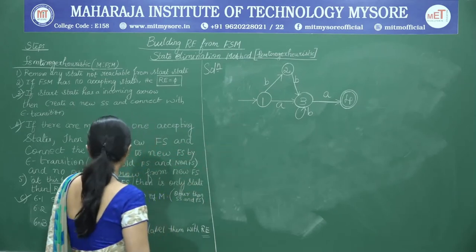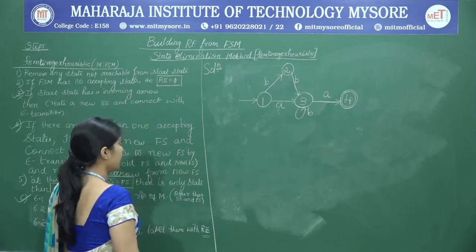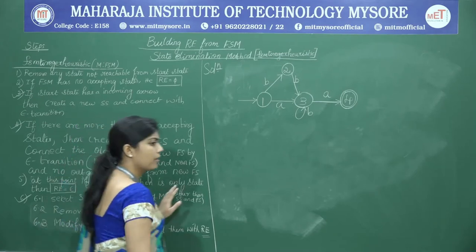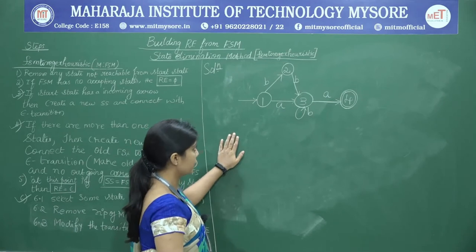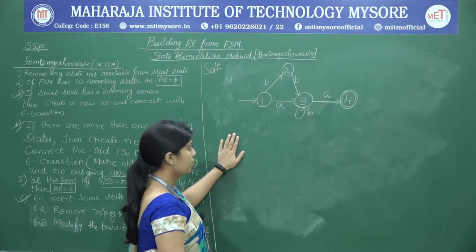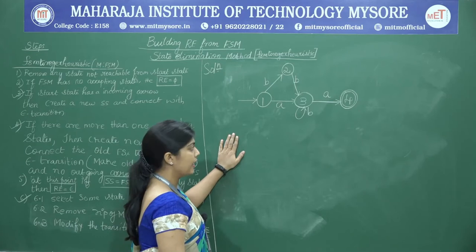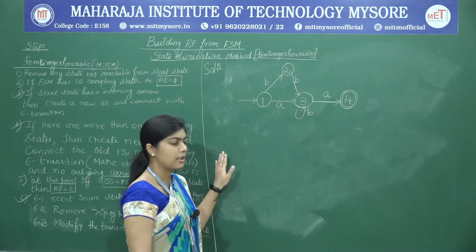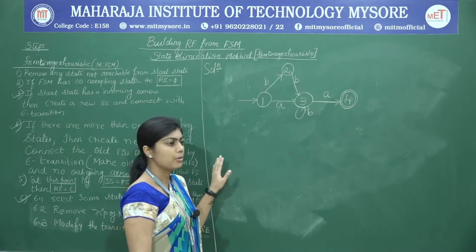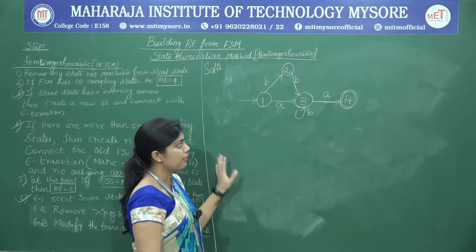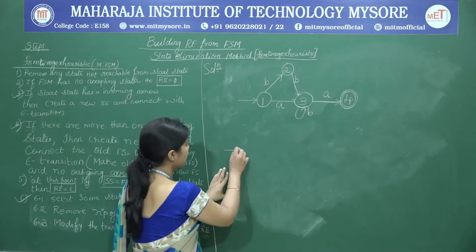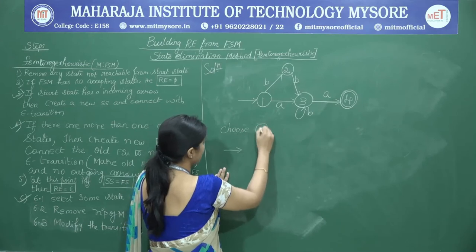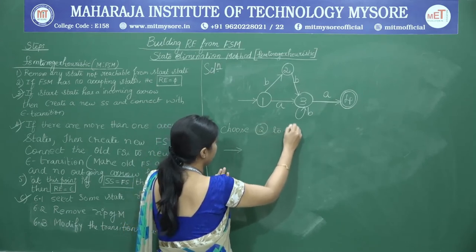Now we directly move to selecting some state each time for elimination and renaming the transitions with the regular expressions for the same. The choice of removing the states is anything except the start state and the final state. Finally, after eliminating all the states, we should be left only with the start state and final state. So we'll perform the first step and I will choose state 2 to eliminate.